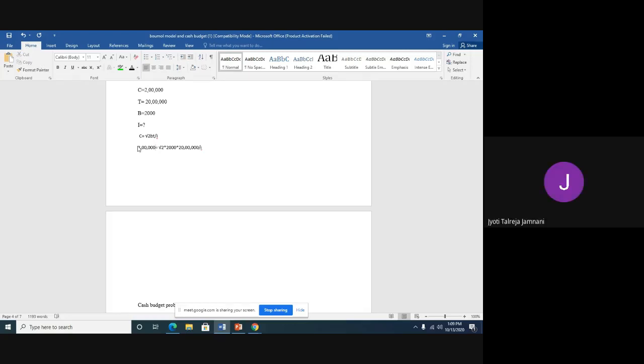Now what we will do is, we will remove this square root sign. So we will take it on the other side of the equal to sign. If I take the square root on the other side, what will happen? It will become squared. Square root will become square. So it will become 2 lakh squared, 2 lakh raised to 2. So I'll just write it that way. Just a second. It is 2 lakh squared.